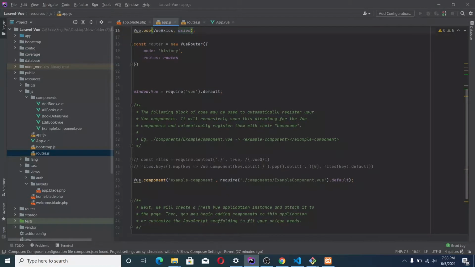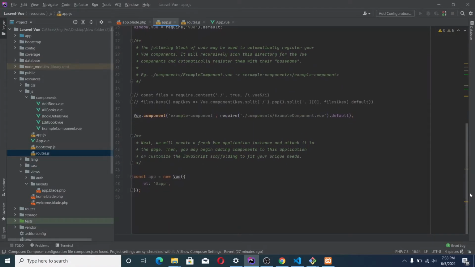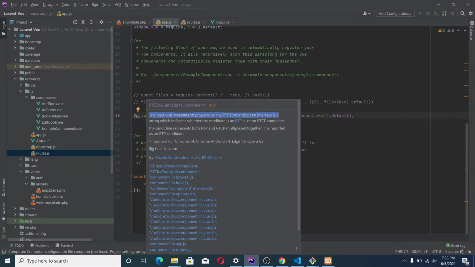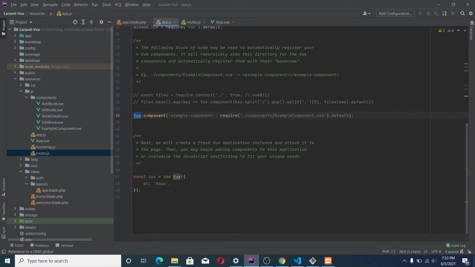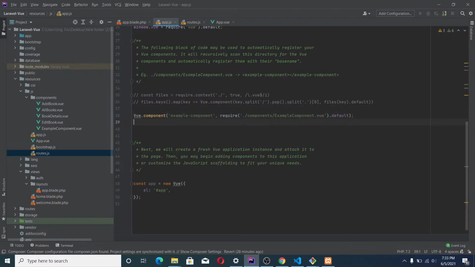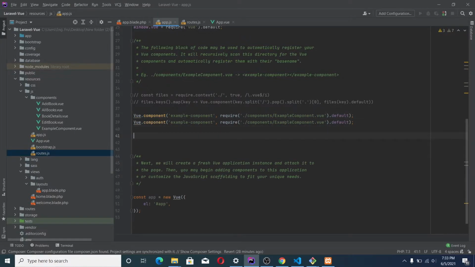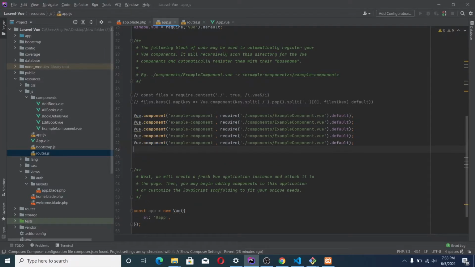Okay. So here we're going to be importing our components. This is an example component that is included in our file when a fresh copy is just installed. So let me do a couple of registrations. Let's register all our components here.